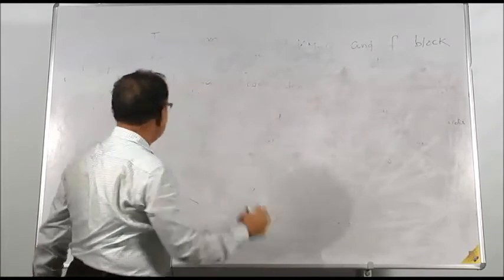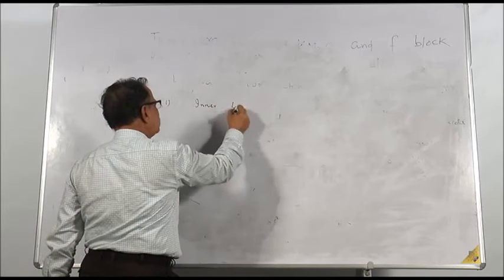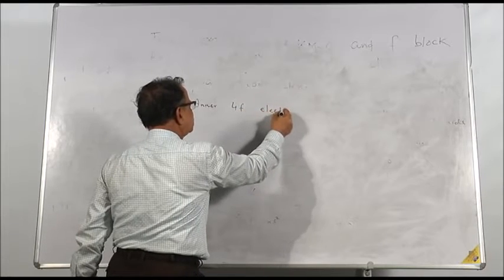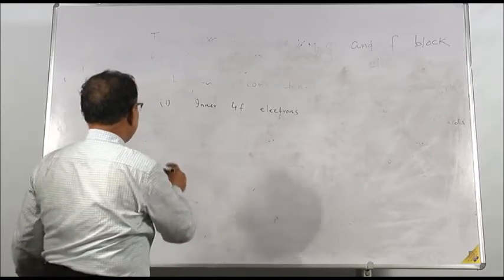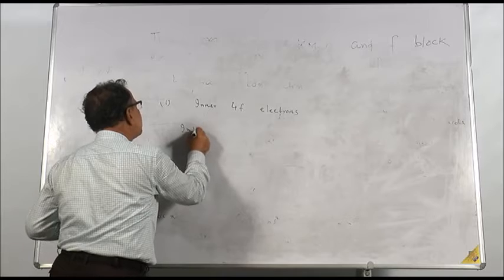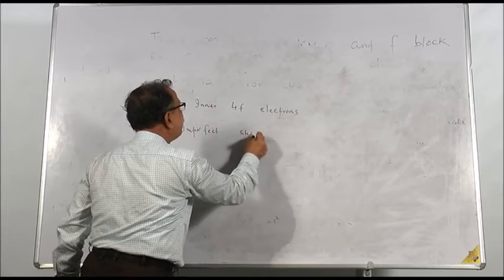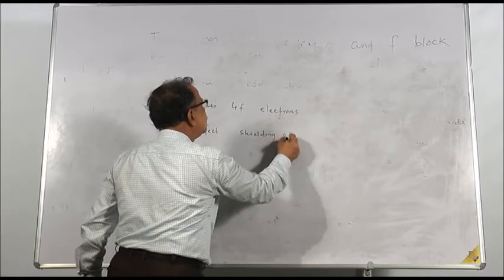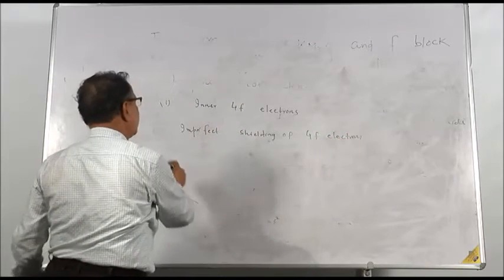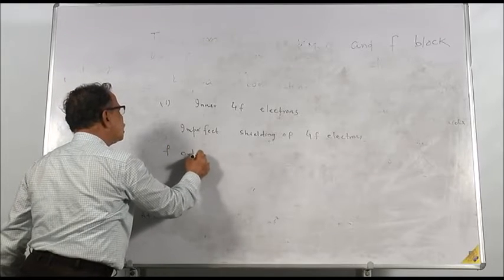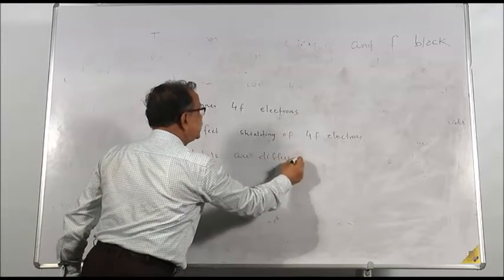Number one, due to inner 4f electrons. Okay, see, the 4f1, 4f2, 4f3 electrons are filling. That is due to imperfect shielding of 4f electrons. The f orbitals are diffused. Since the f orbitals are diffused,